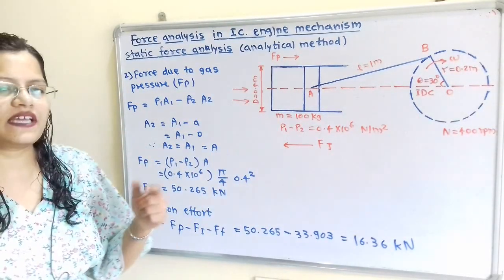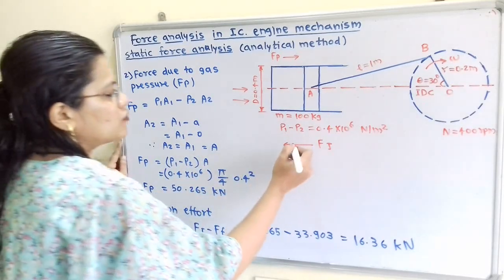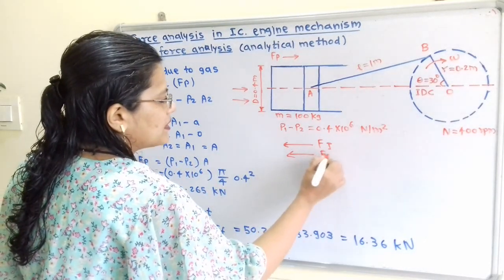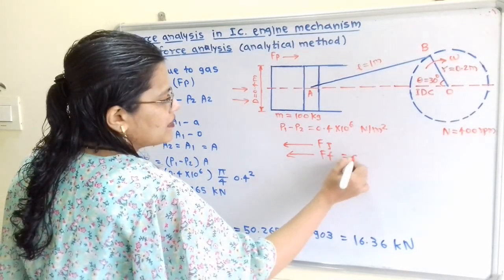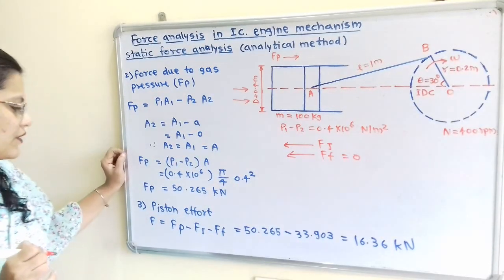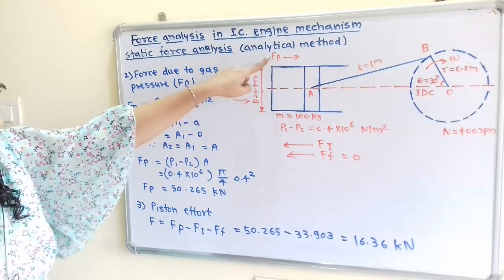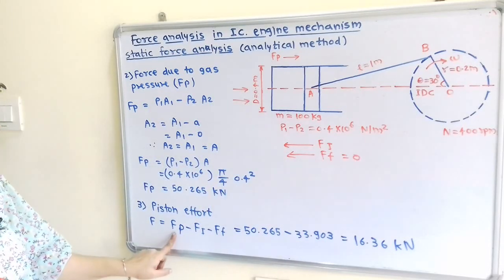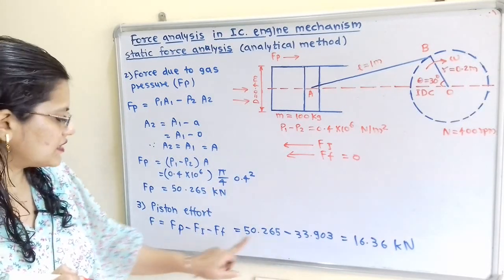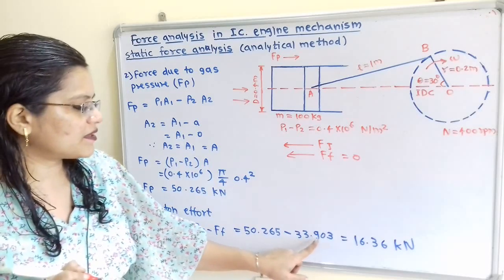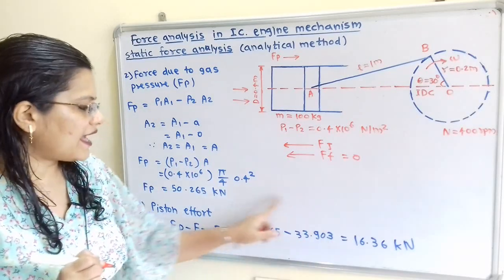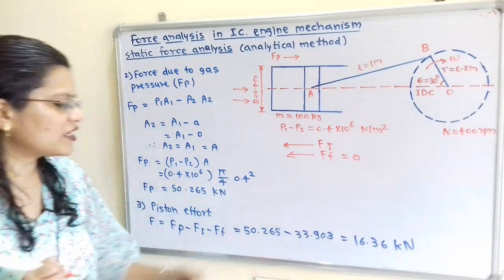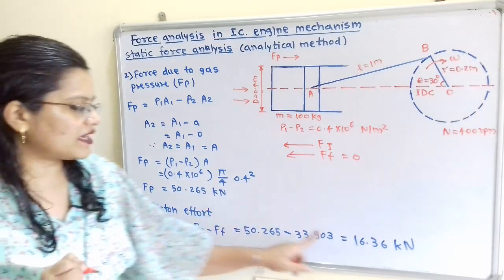And this Ff, that is the friction force, will also act in the opposite direction, but it is not mentioned. So we will consider it here as 0. So F is equal to Fp minus Fi minus Ff. So Fp is 50.265 minus 33.903. Both the values are in kilonewton. So piston effort F is equal to